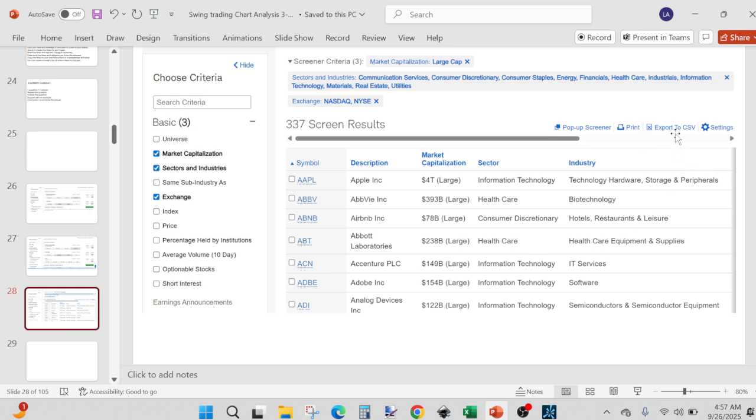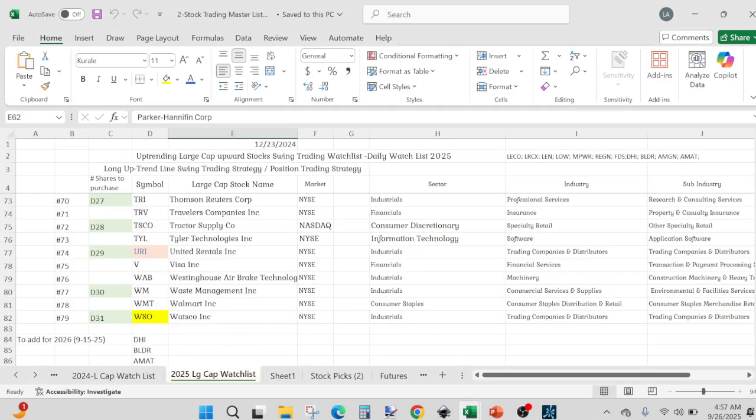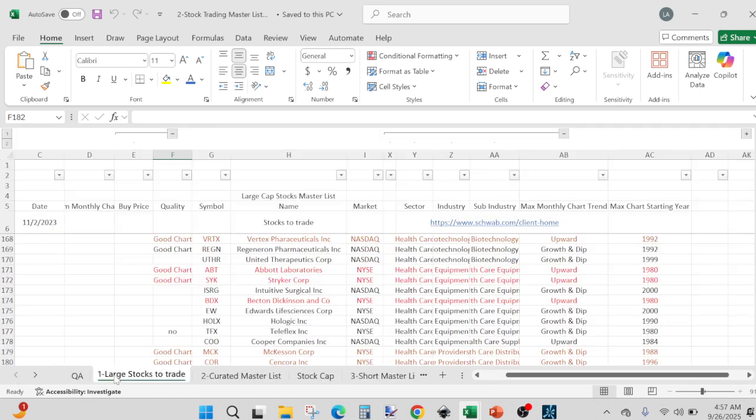So when you click on view match, it will show you the list, and you can just print it. That'll just be like a PDF though, or you can export it as a CSV and save it, and save the spreadsheet as an Excel book. So once you have it, then you are going to start analyzing them one by one with other criteria that you might have yourself. So for instance, I recorded some videos to share with you how you can create your own watch list. So you'll have your master